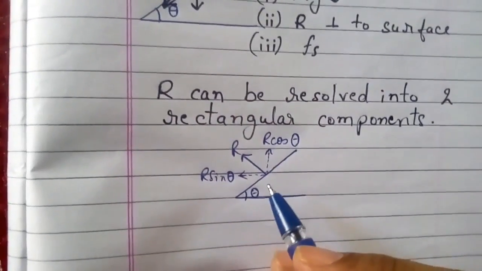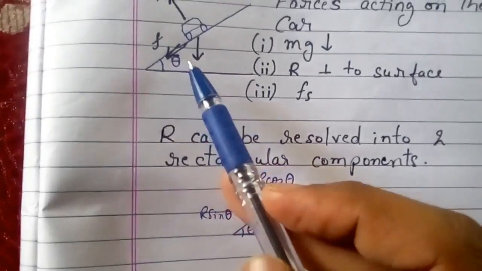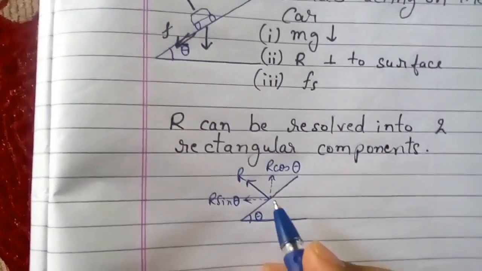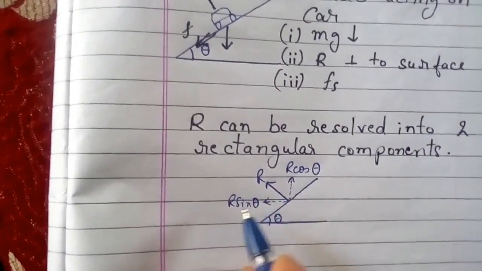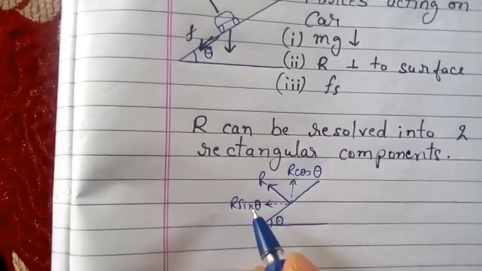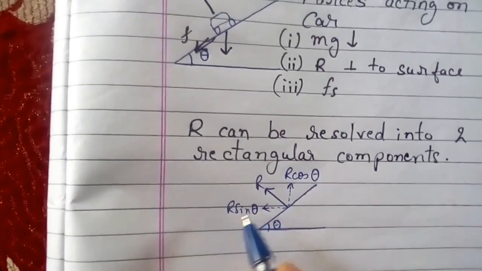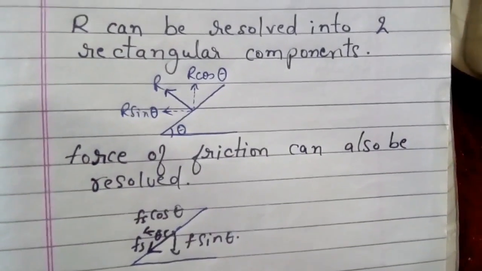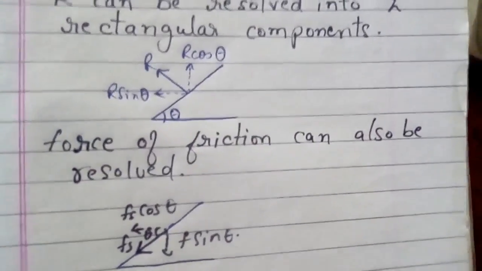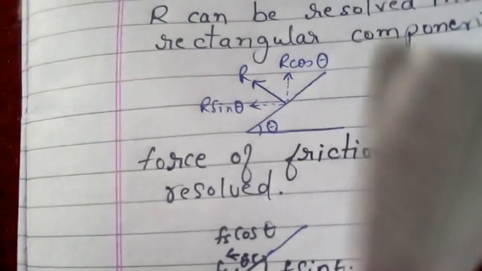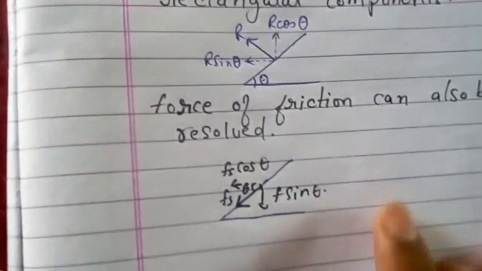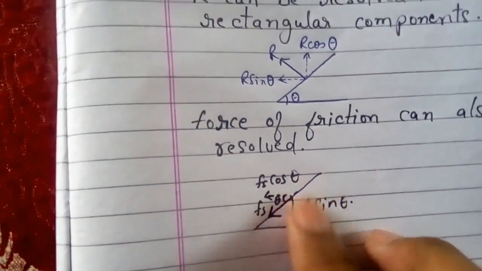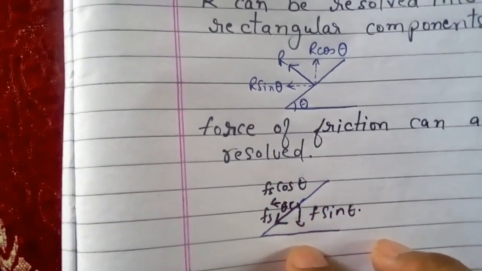So there is some amount balancing the vertically downward force mg, that is R cos theta, and towards the center of the curve there's a component of the normal reaction, R sin theta. Force of friction can also be resolved as shown. This is F cos theta, acting along the curve towards the center of the curve, and F sin theta towards the weight of the car,